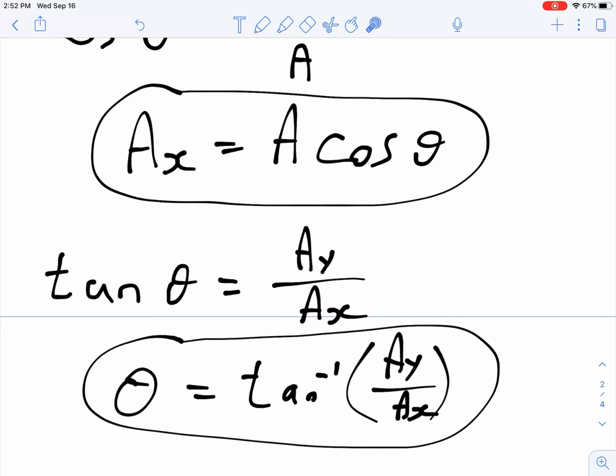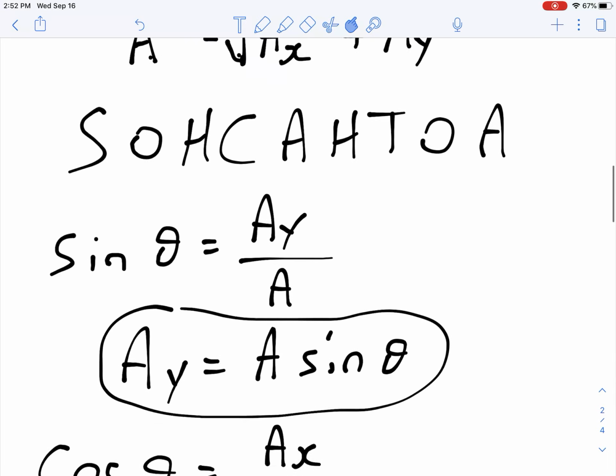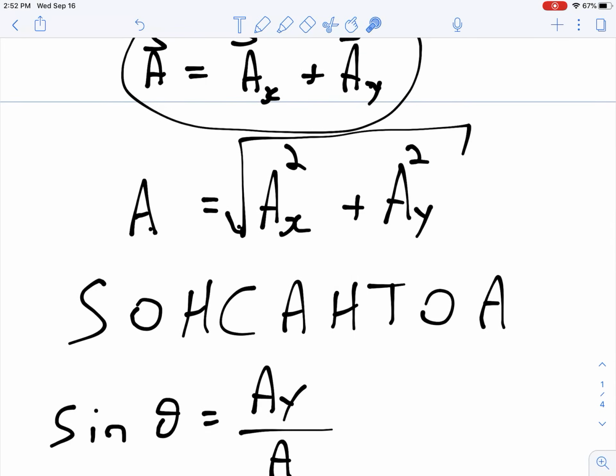So at this point, I can calculate the direction of a vector if I know the two components. I can calculate the two components if I know the vector itself and its length and its direction. And I can always use Pythagoras to actually find the length of a vector if I know the length of its two components. So those things all combine into just about everything we need to know about analyzing a two-dimensional